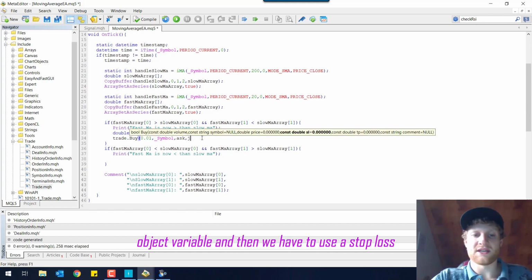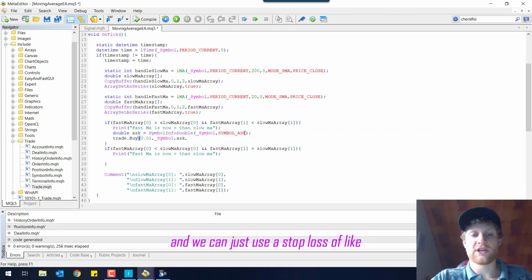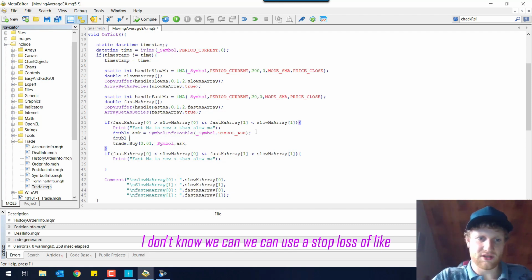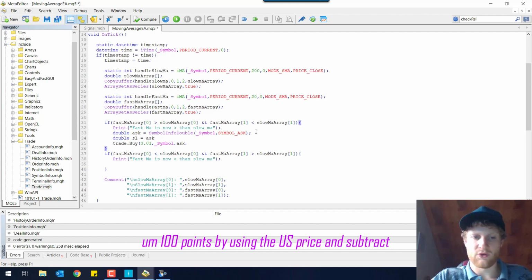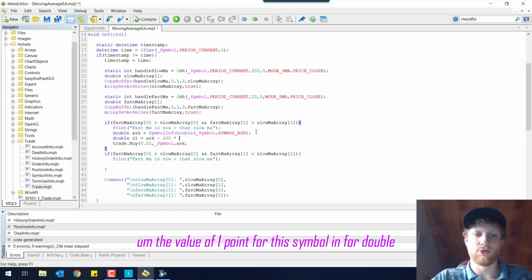And then we have to use a stop loss. Or we don't really have to use a stop loss, but we can use a stop loss of, like, I don't know, 100 points by using the ask price and subtracting 100 times the value of 1 point for this symbol, SymbolInfoDouble